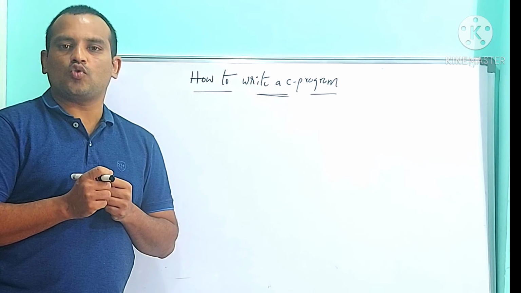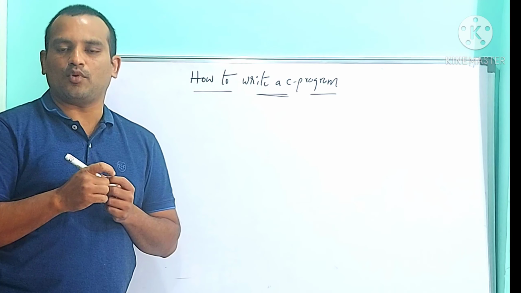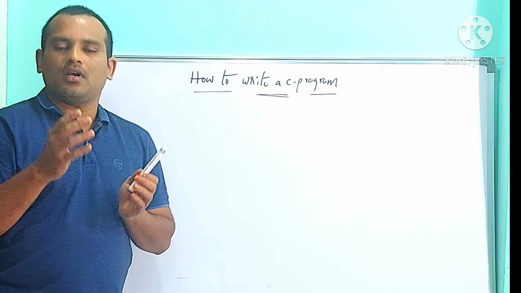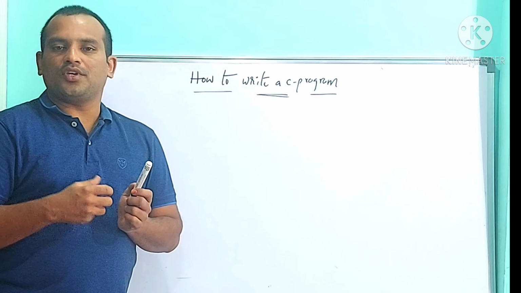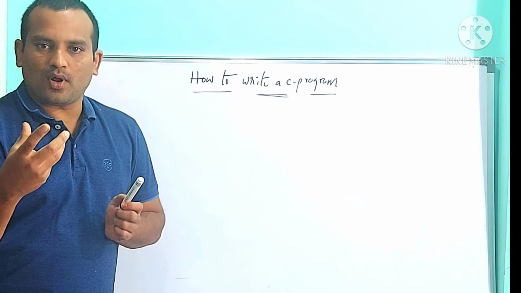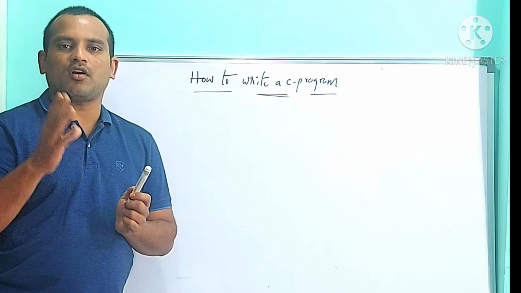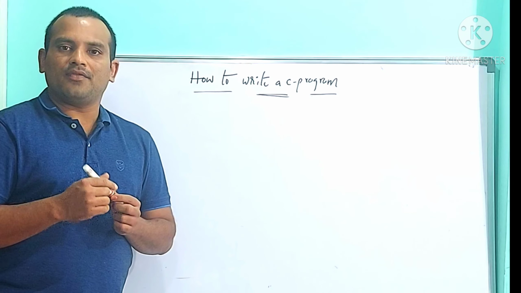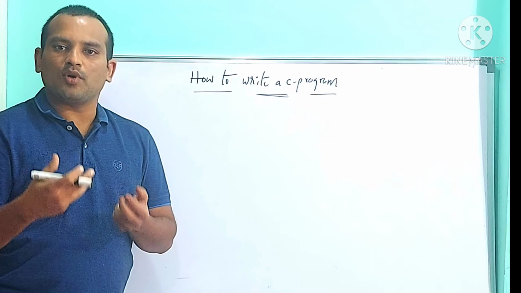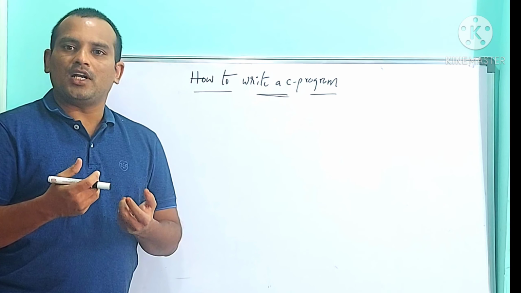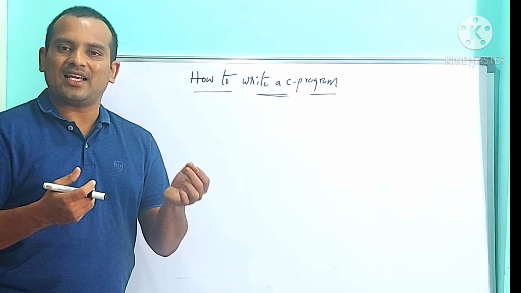There are two types of comments we can use in every C program: single line comment and multiple line comment. If your documentation contains only one line, then we can use a single line comment. A single line comment starts with a double slash. And if your documentation contains multiple lines, then we can use a multiple line comment, which starts with a slash star